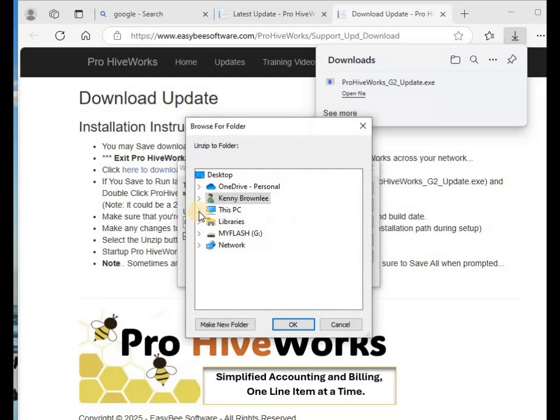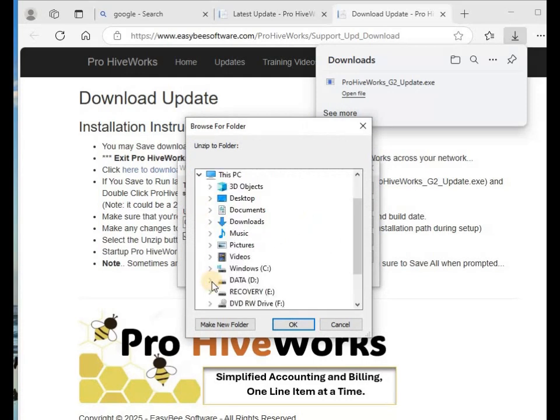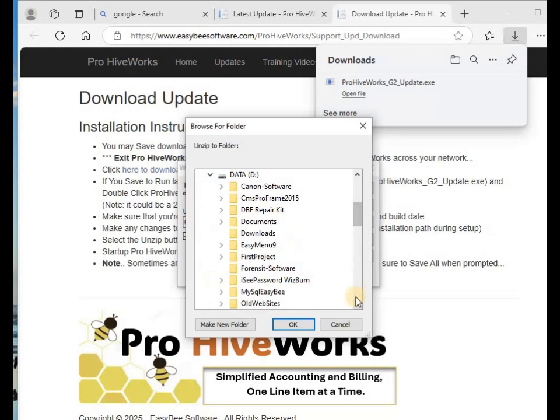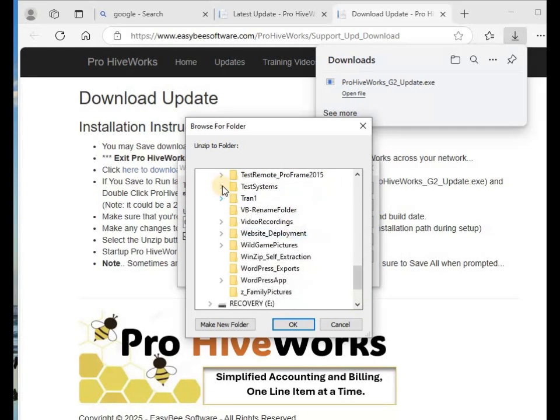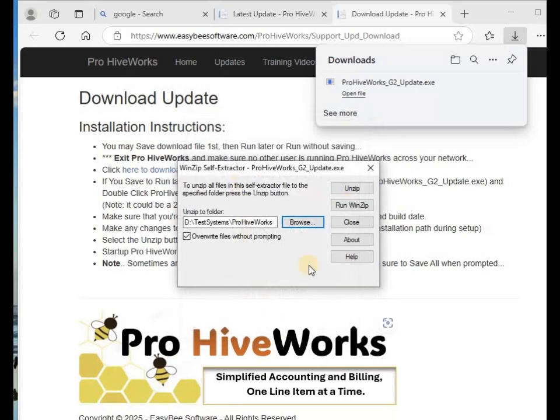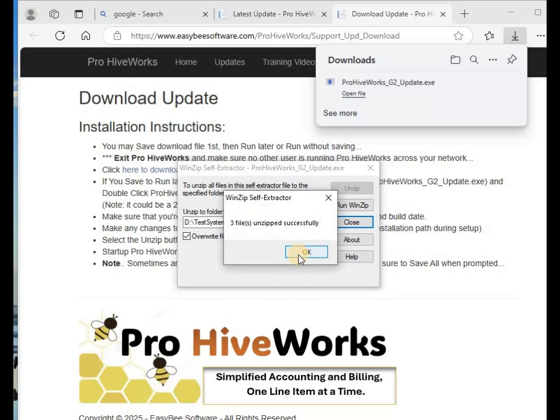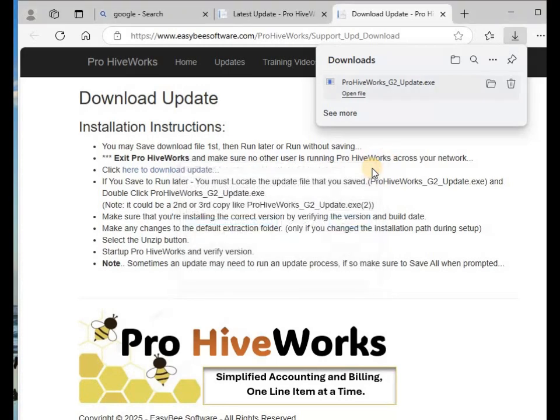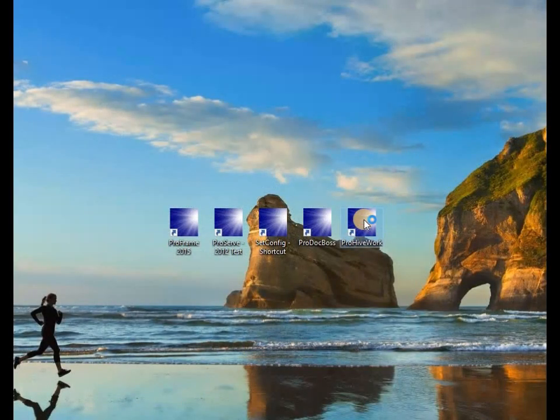And that's exactly what I'm going to do, because my Pro HiveWorks is not on my C drive. It's basically in a test area. So that's really all I'm doing is changing this, and once I get that, then I can go ahead and select unzip. It will unzip the three updated files, and then I can close this down, start up Pro HiveWorks,